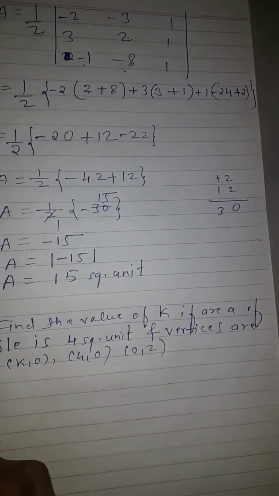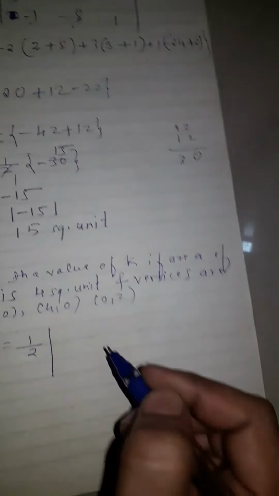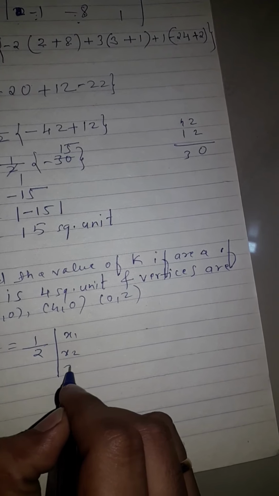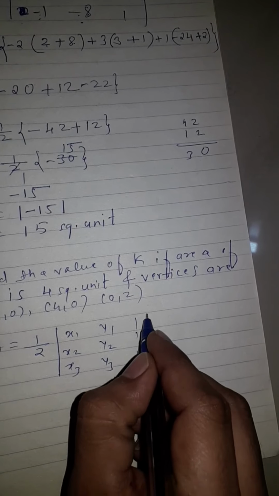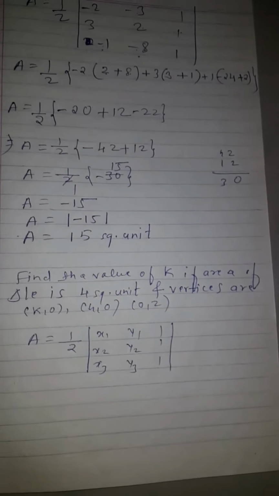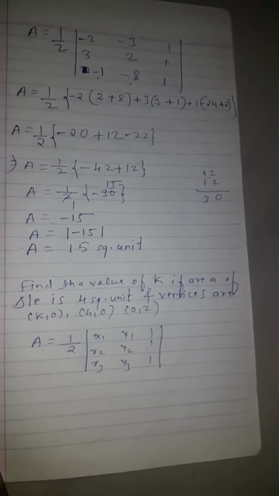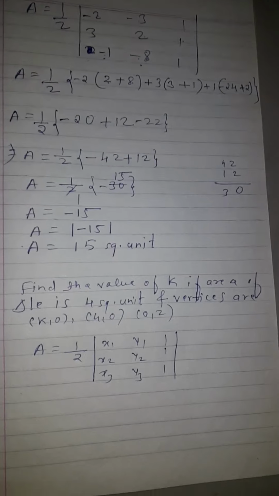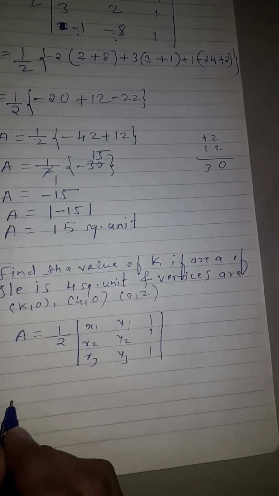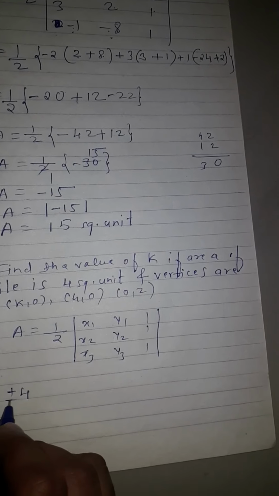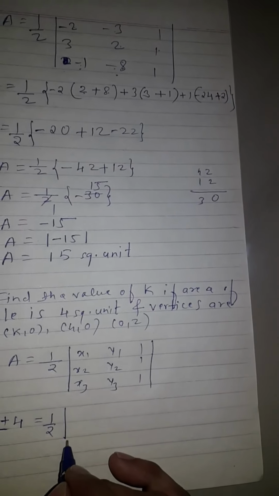k. Okay, so again as usual you write the formula. A is equal to half into determinant of x1 x2 x3, y1 y2 y3, 1 1 1. As I gave in the remark, that is second remark, whenever the area is given, we have to take that area as plus or minus. How much area is given? 4. So that area, how much to take? Plus or minus 4, which is equal to half into determinant of,